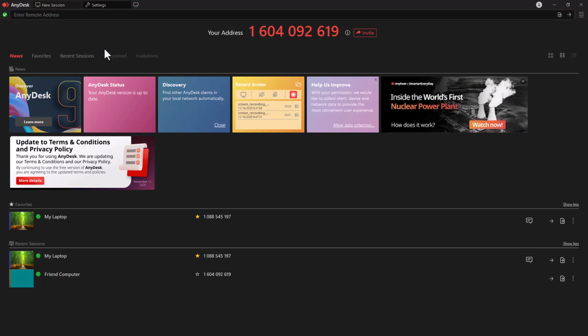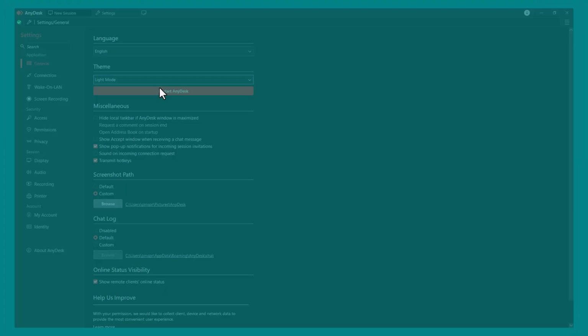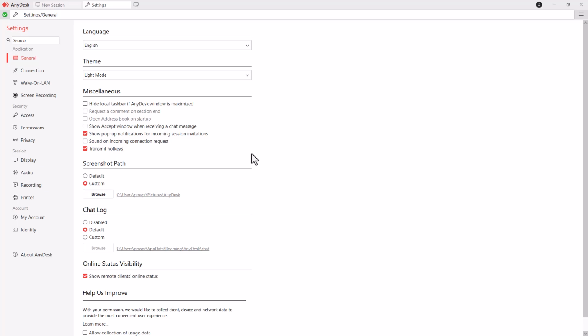So now you can see that wherever I go right here, and let's say for example, I'll go on to any of the settings, you can see the dark mode right here. If you want to go ahead and change it to light mode again, you can go around over here onto general, then you can go around over here onto theme, and then choose light mode and restart AnyDesk just like this as well. So that is how you can go ahead and then work around with the theme setting